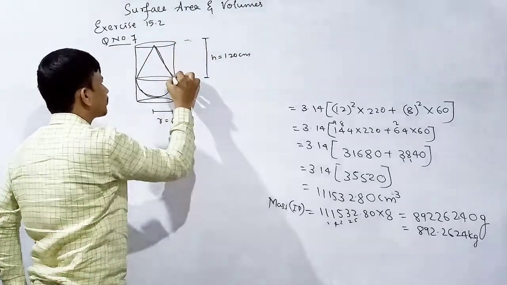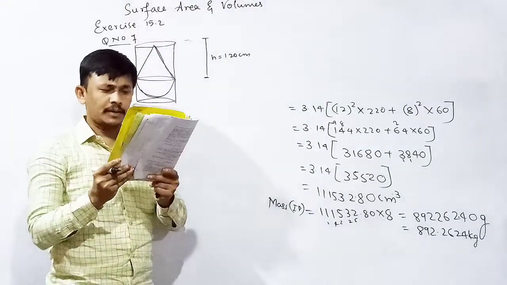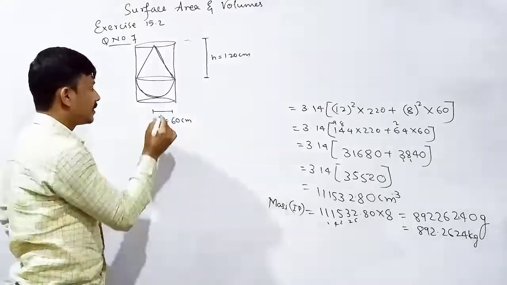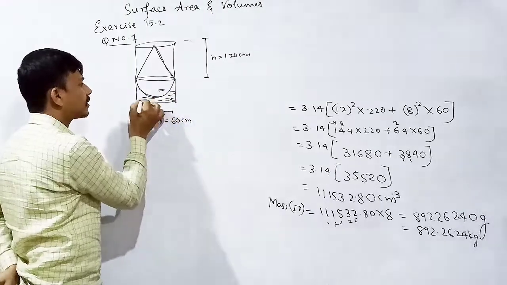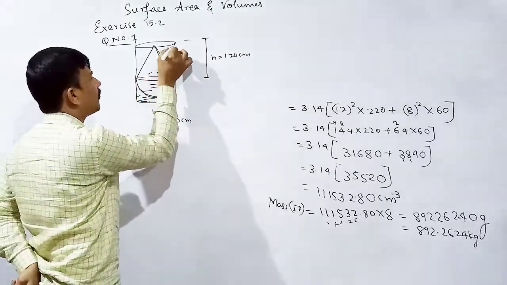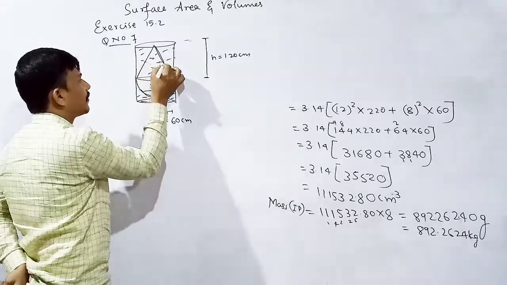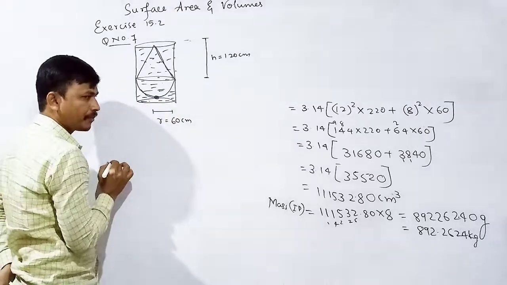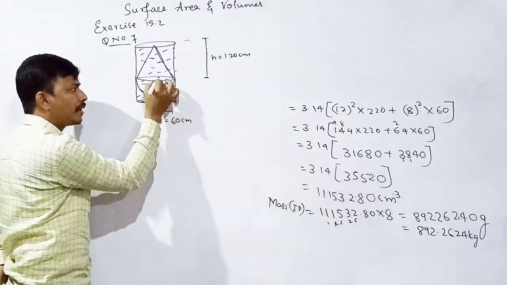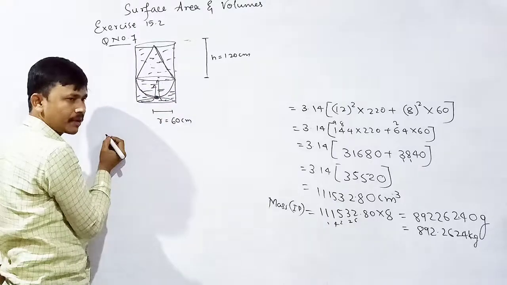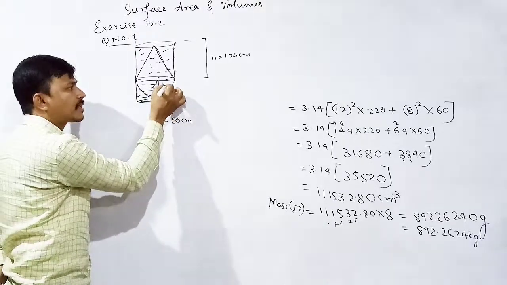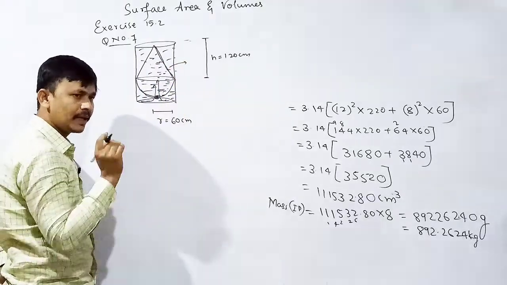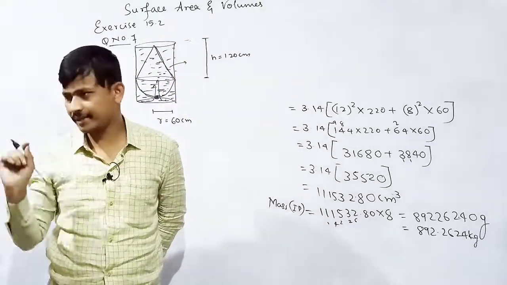Okay, next. It is placed upright in a circular cylinder full of water. If the vessel has a small hole at the bottom, then water will flow inside the vessel. Yes or no? Correct? After completely flowing inside the vessel, there will be some water left in the cylinder. We need to find out the left out water in the cylinder.